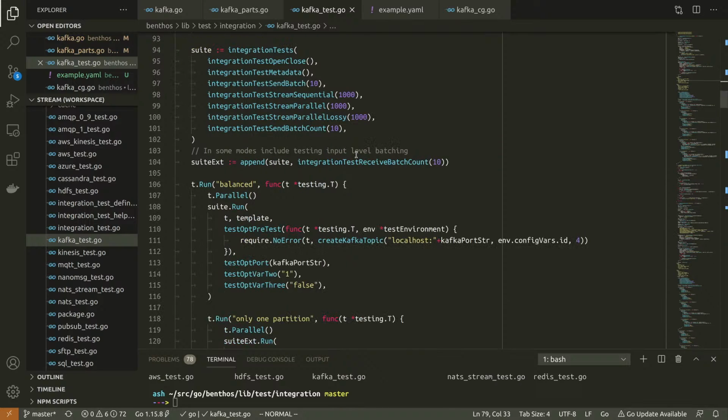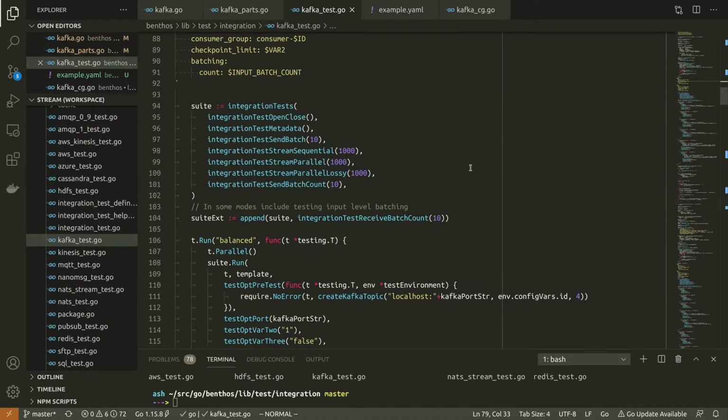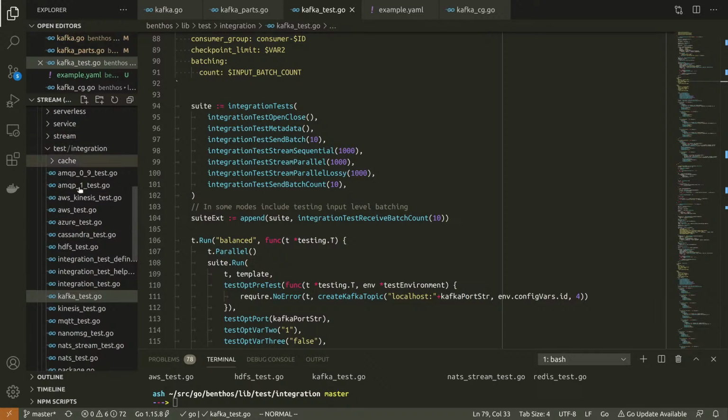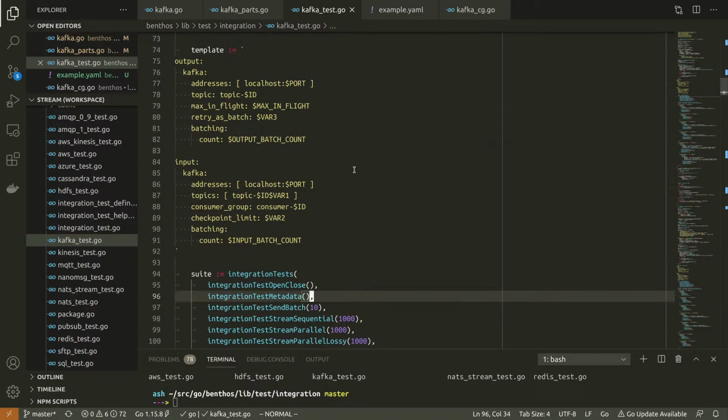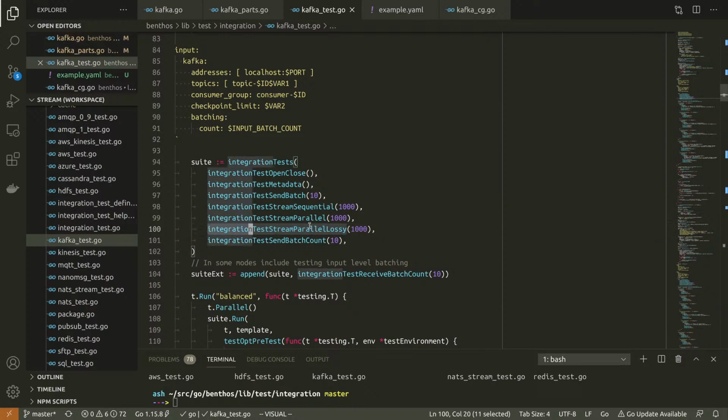And then what I do is I've got this set of libraries for specifying integration tests that are kind of common for different queue systems. So the problem that I had is I've got a bunch of different queue systems that I want to test, and they've all got different capabilities and guarantees. So the integration test that you want to run for each one is going to be slightly tailored to the queue system. So for example, with Kafka, I want to make sure that with lossy connections, we still have at least once delivery guarantees and things.